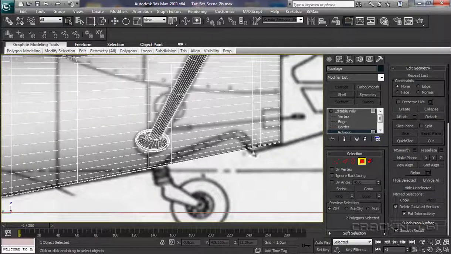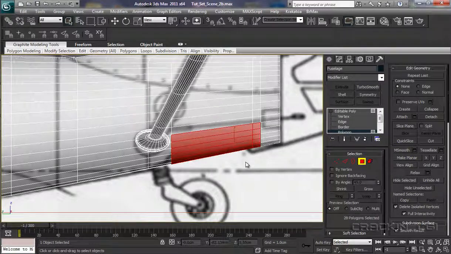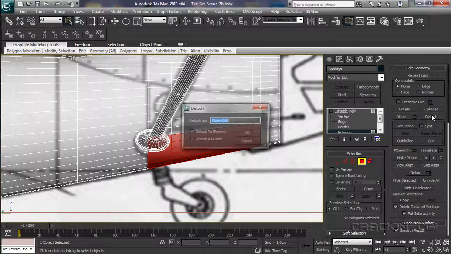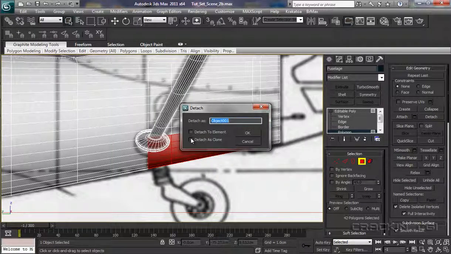let's select, I'm going to start selecting these polygons there. Pressing Control, what I want to do is select these down that section as well. I've grabbed some, let's undo that. I grabbed some polygons on this section here which I don't want, so let's try that again. There we go. Right, now that we have those, I want to detach. Detach as clone,